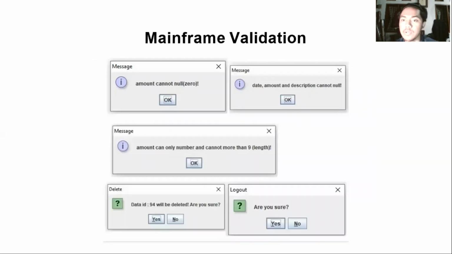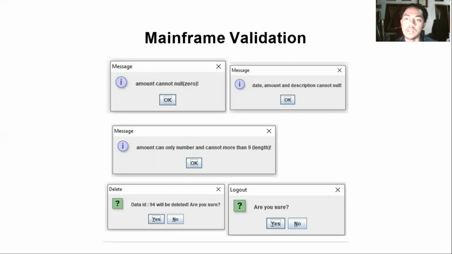Next is mainframe validation. In this validation, the amount cannot be null. It means that in the amount text box, we cannot input a zero value or an empty value. The next is that the amount can only be a number and cannot be more than 9 characters.